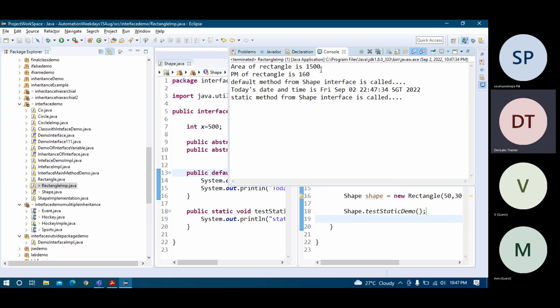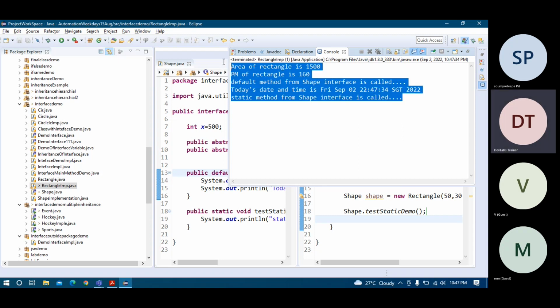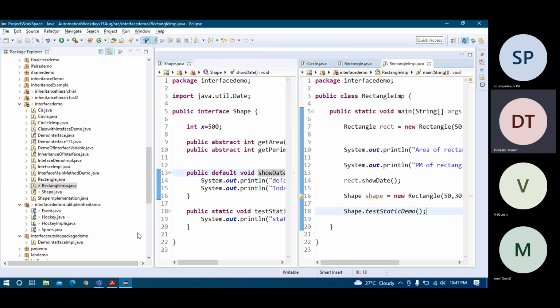Area of rectangle is 1500, perimeter is 160. Default method from shape interface is called. Today's date is this static method called from the shape interface. So everything is coming as expected. So I have shape implementation as well. This was the rectangle implementation. One was